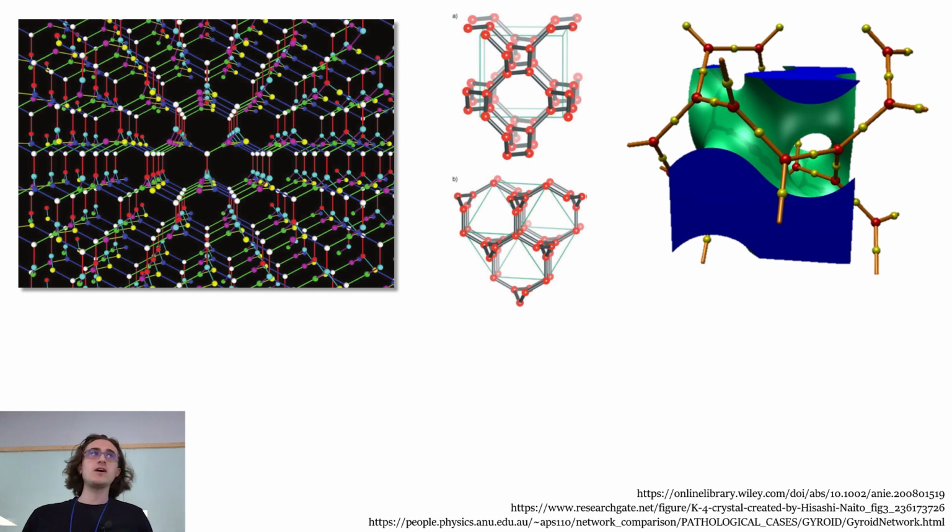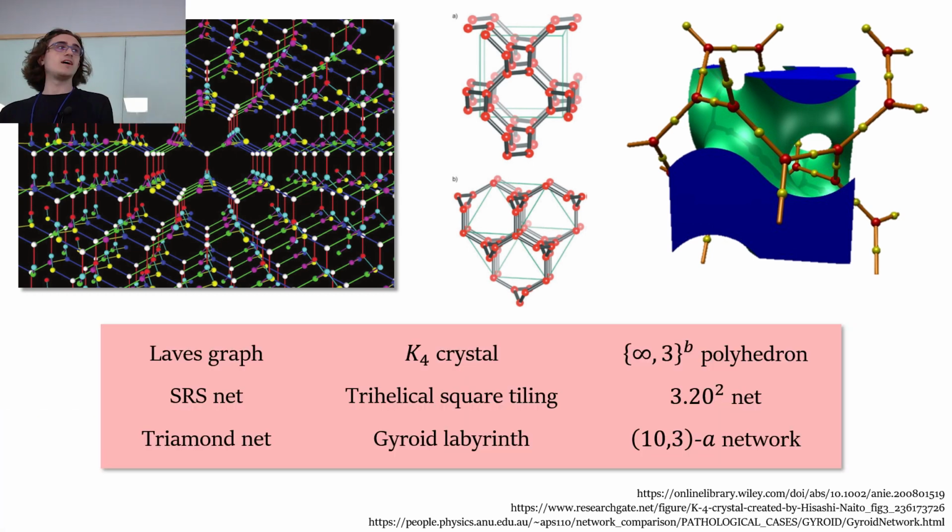So I'm going to talk about a three-dimensional lattice that I learned about a couple of years ago. It has a lot of different names, because for about the past century, it's been talked about in many different contexts, in math, in physics, in art, in chemistry, in crystallography, independently discovered many different times. I think the most common name for it is the Laves graph. I learned it as the trihelical square tiling, or TST, so that's what I've been calling it for this project.